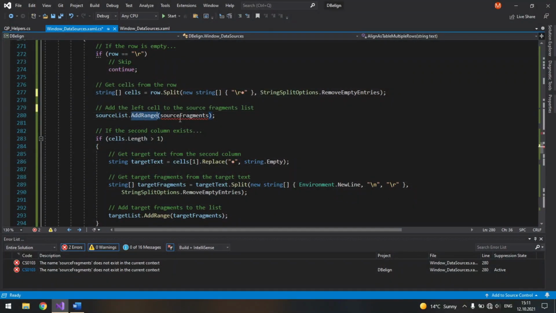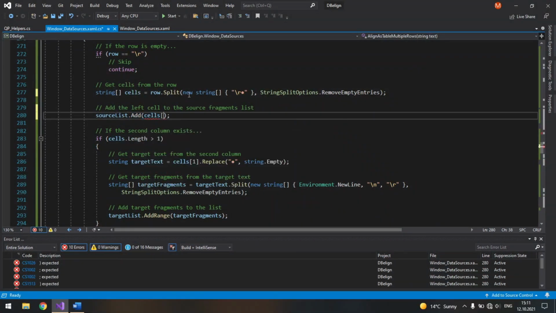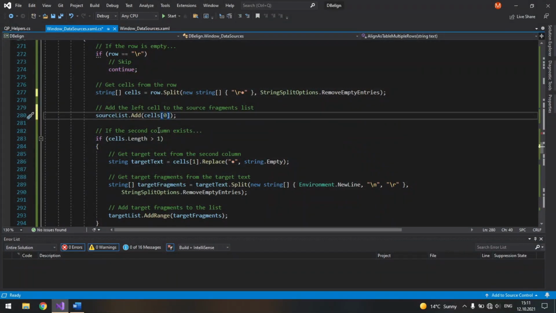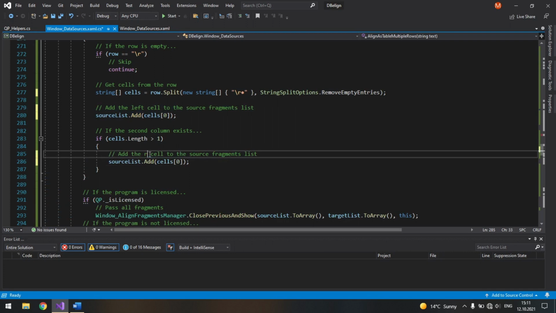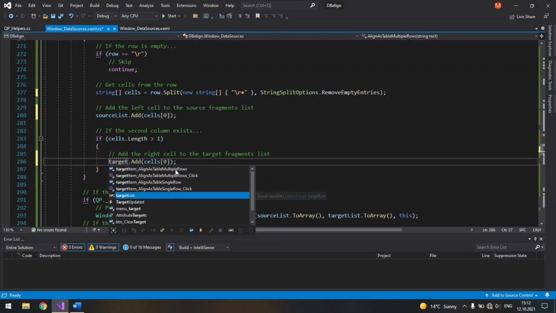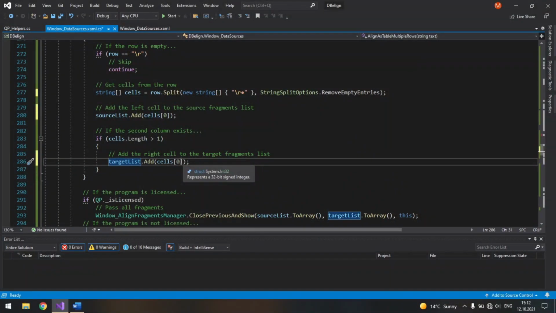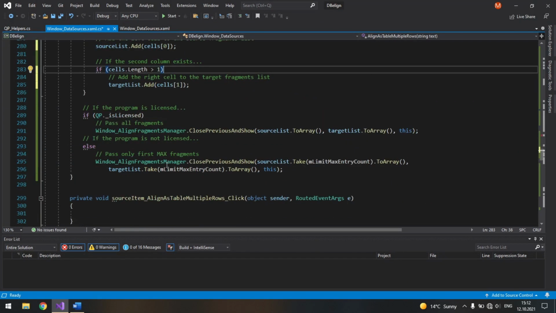So source list, and here dot add, and we add cells and the first element, and we check if the second column exists. So if cell's length is greater than 1, we add the right cell to the target fragments list. So target list dot add cells 1. Okay, and the license part will remain the same.